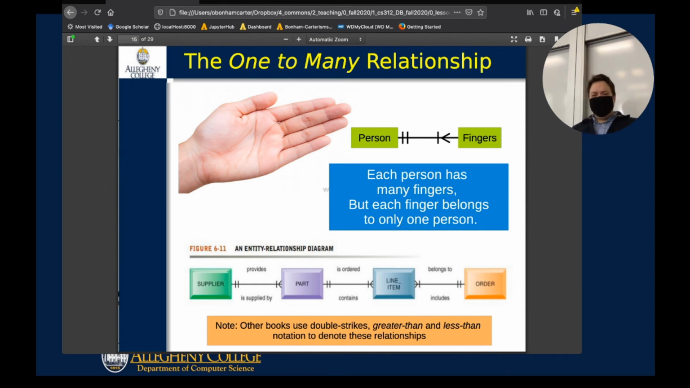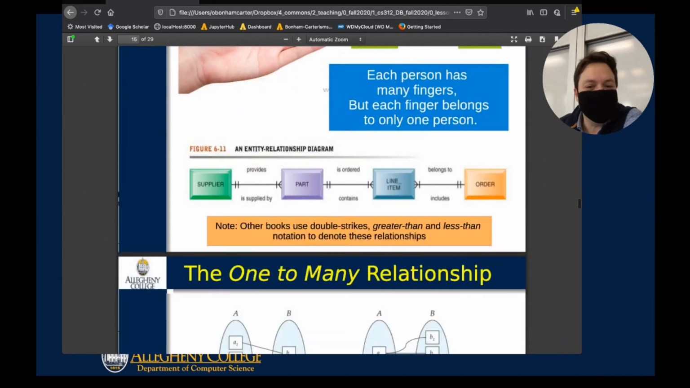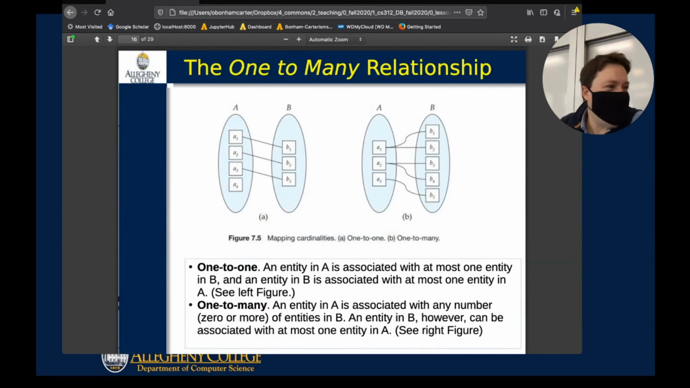And so if you think in terms of the person and fingers idea, or maybe the supplier and parts idea that you see here, that may help you to establish how your one-to-many, many-to-one relationships are going to unfold in your database. So I wanted to spend some time actually talking about these one-to-many, many-to-one relationships, where, for instance, on the left here for A, that's a one-to-one relationship. This is kind of like high school algebra,